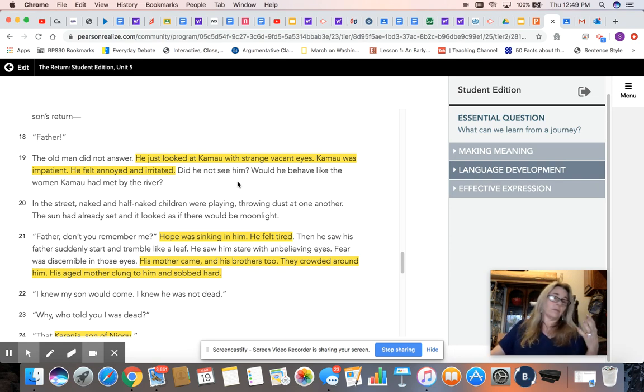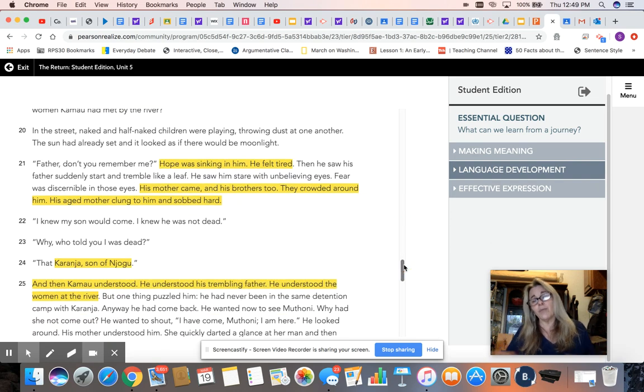So in the streets, we've got these kids playing with dust. So maybe this is a village where there's not a lot of, again, this is a cultural difference. We're in Kenya, so a village probably looks very different than a town. And so, yeah, you would have kids playing out in the dirt because there aren't any roads or basketball courts maybe for them to go play in. So anyway,